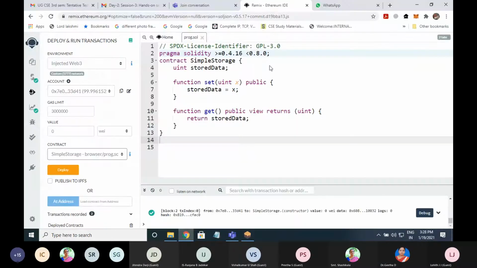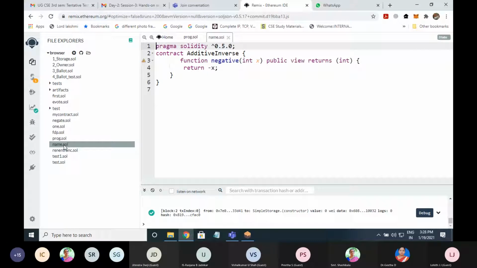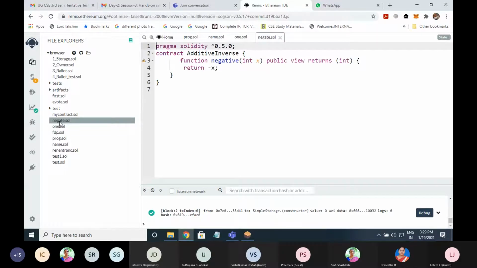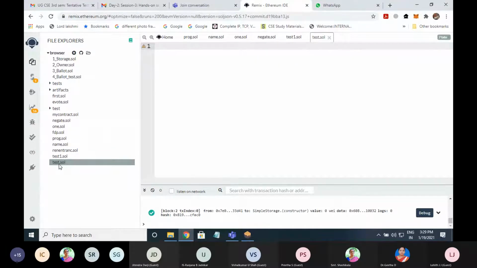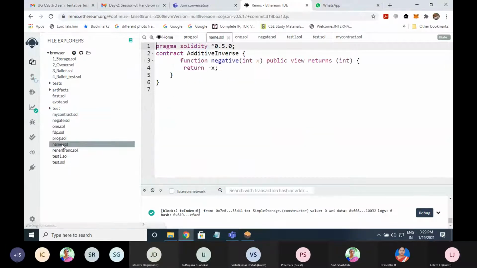Now I'll just show you another example having a small constructor. Just wait, I'll open that program.